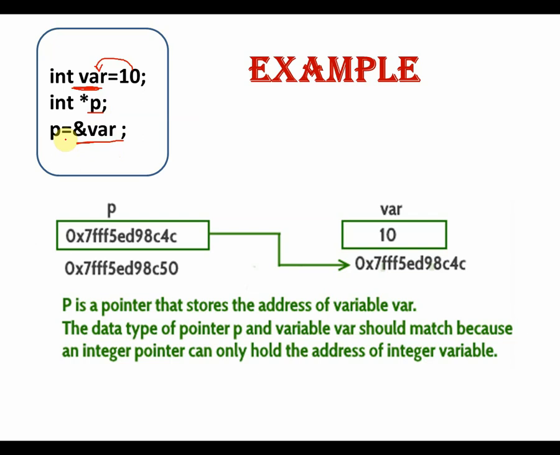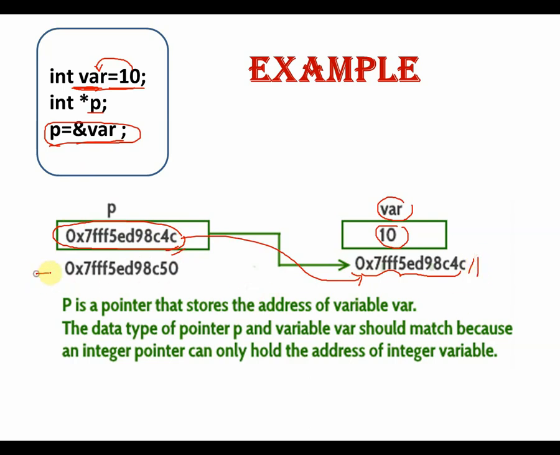So the address of this variable var I will assign to this pointer variable, by using the assignment operator. Actually in the memory, suppose this is the variable var, and 10 is the value which it holds, obviously because we have initialized it with 10. Now this would be the memory address of the variable var. The moment we execute this line, the pointer variable p will store the address of this variable var. As you see, this address is the address of the variable var.